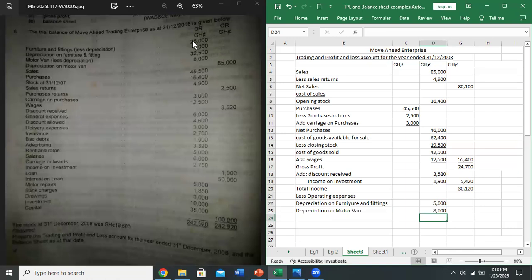Your expenses are at the debit side. So the first is depreciation on furniture and fittings. Second is depreciation on motor van. As you move down, you see general expense. General expense is 6,000 Ghana cedis. After that, the next is discount allowed. Discount allowed is 4,600. Next is delivery